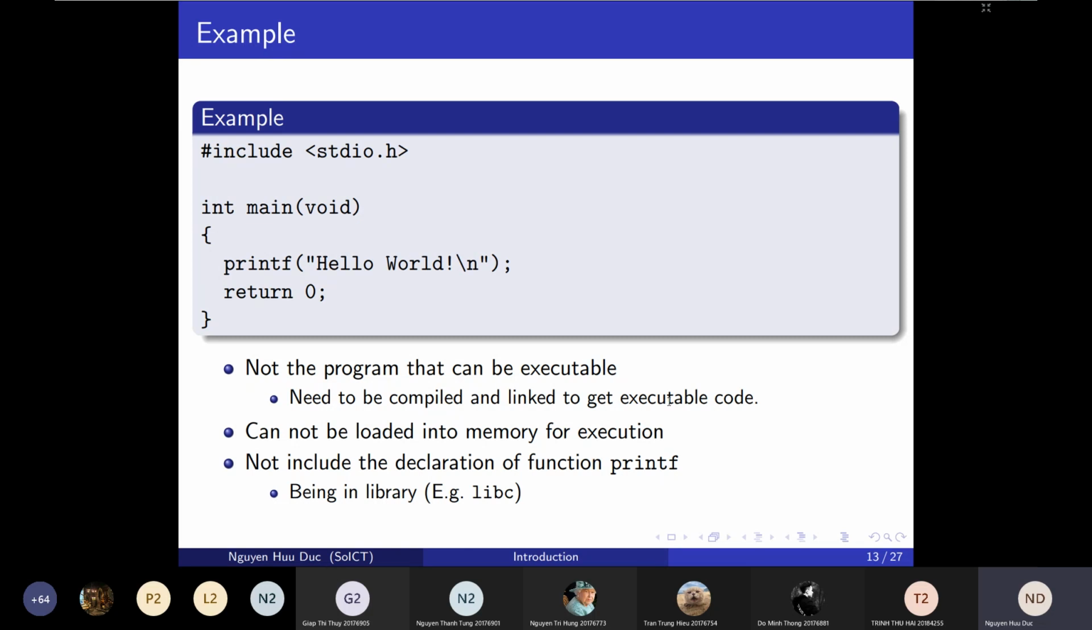And in a single unit, you may have references to the entities of other units or libraries. For example, in this very simple example here, you see that we have a statement like printf hello world. So this is the invocation of the function printf in the library, right? But